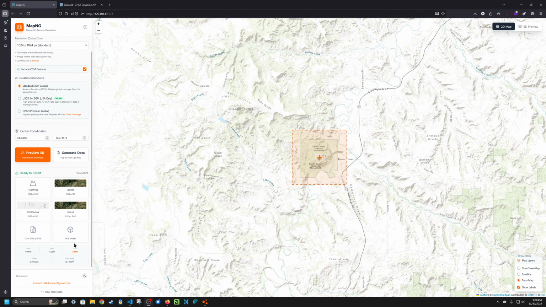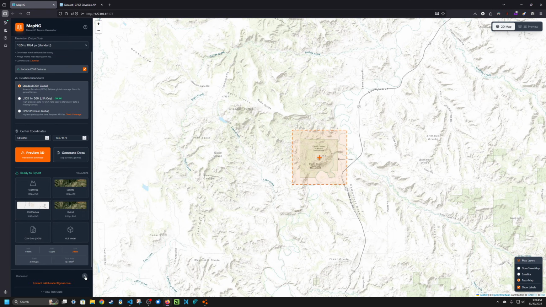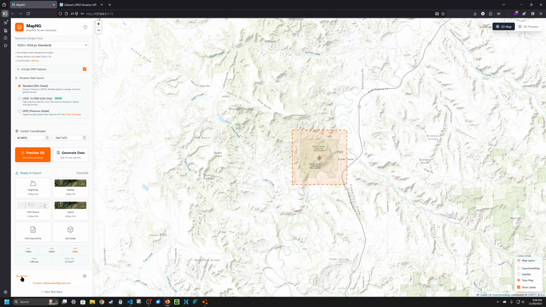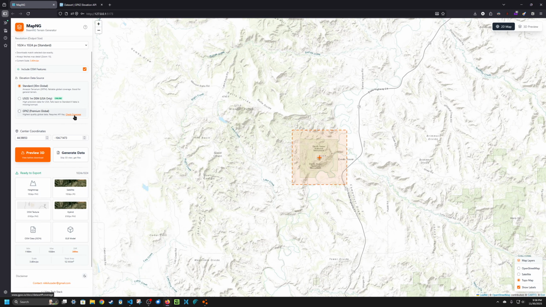So I've got a couple other little UI things here. What this is, we can change to dark mode if we want. There's a disclaimer about the data accuracy, and then you can check your coverage. Now this is important with this data set, and I'll show you that in a minute. But first, let's go ahead and